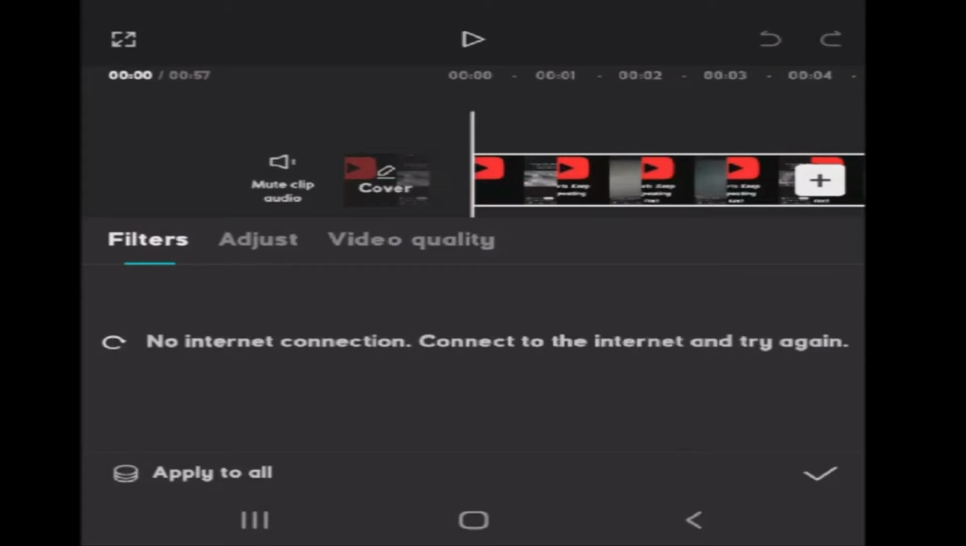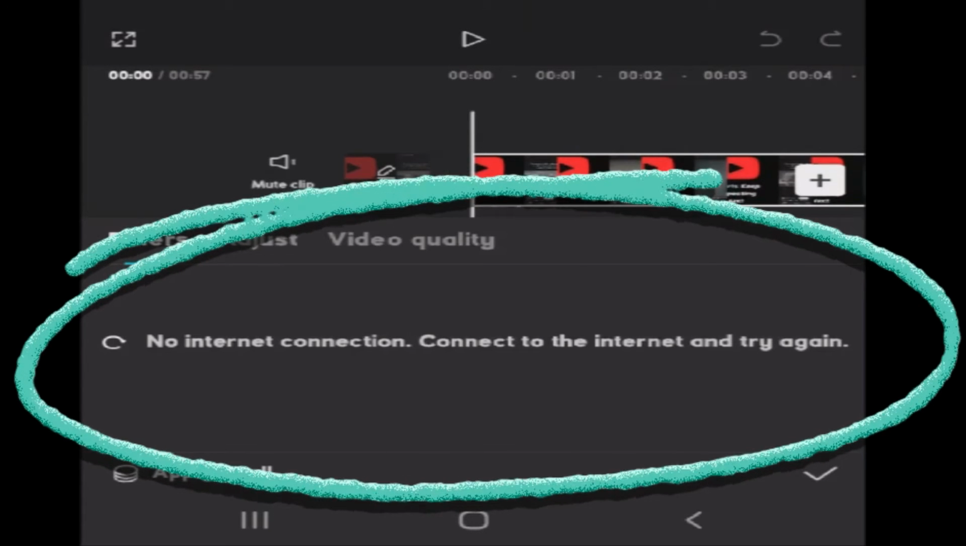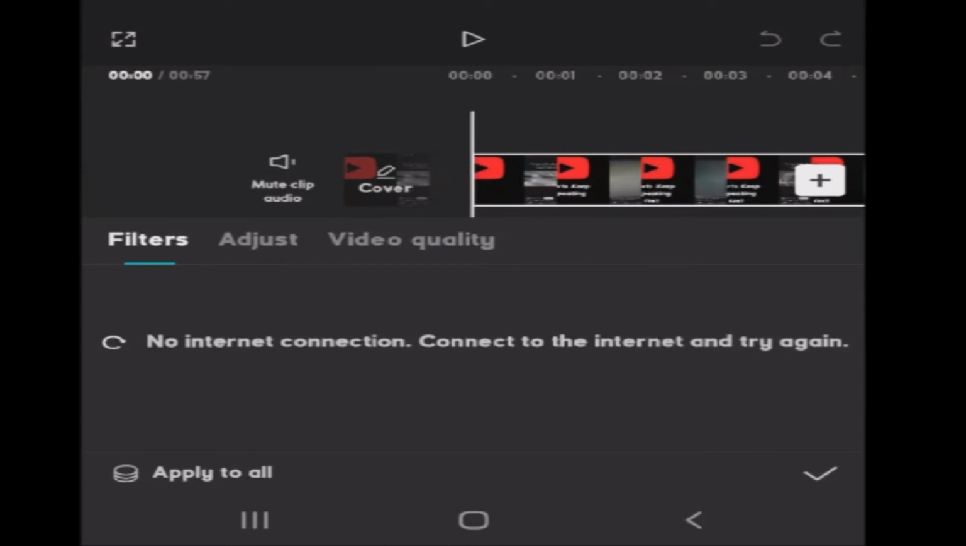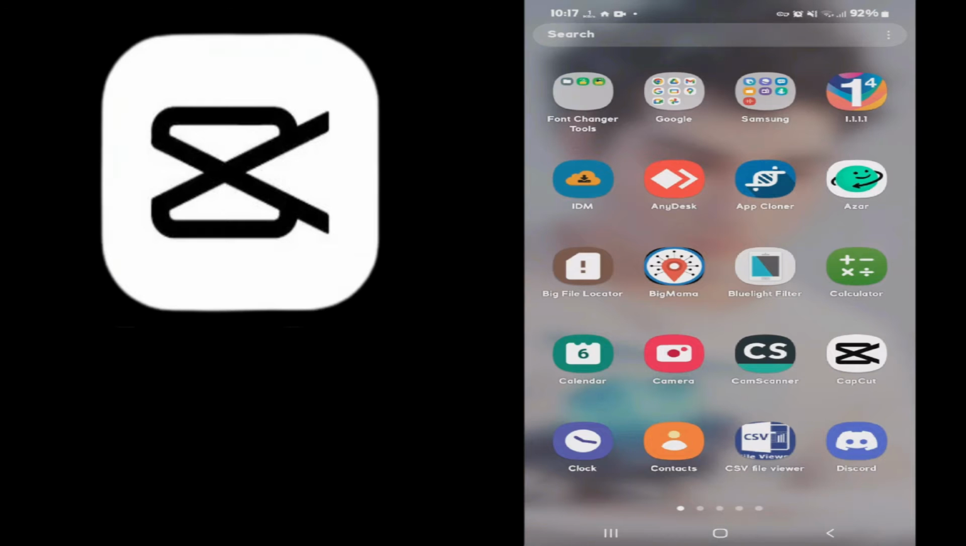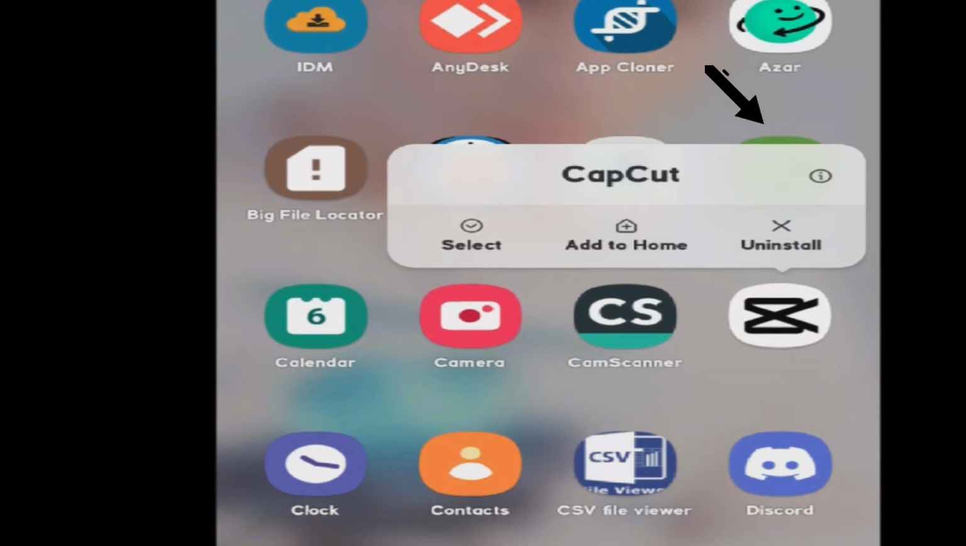I've got this error here on CapCut, that is no internet connection. I'm going to show you how you can fix this. Firstly, what you're going to do is just exit the CapCut app from the app switcher. Just exit it, and then from your home screen, just long tap on CapCut and tap on this I button,